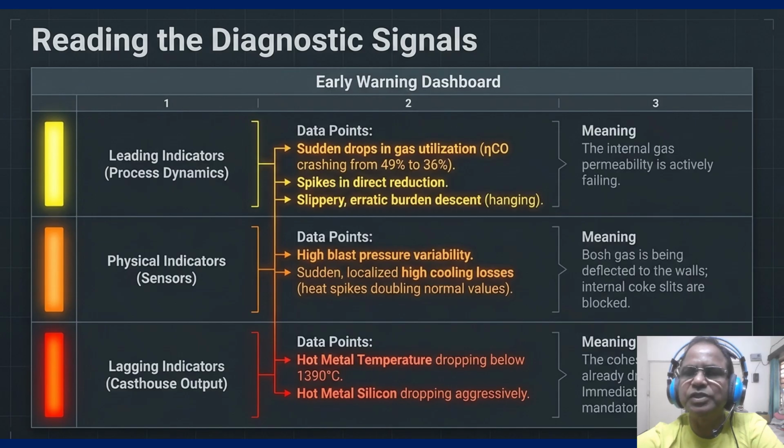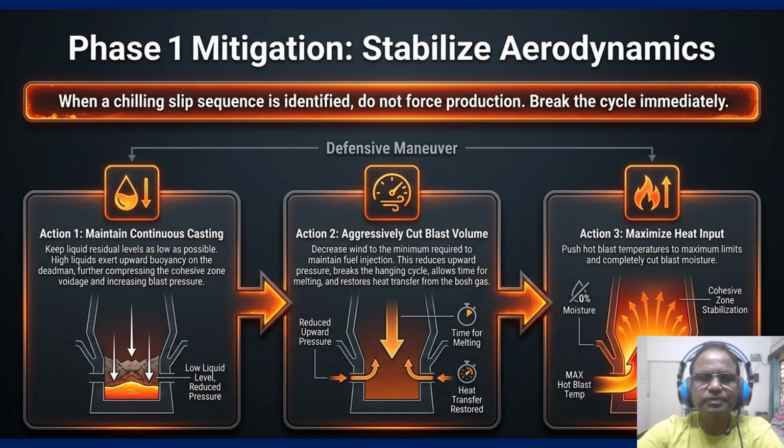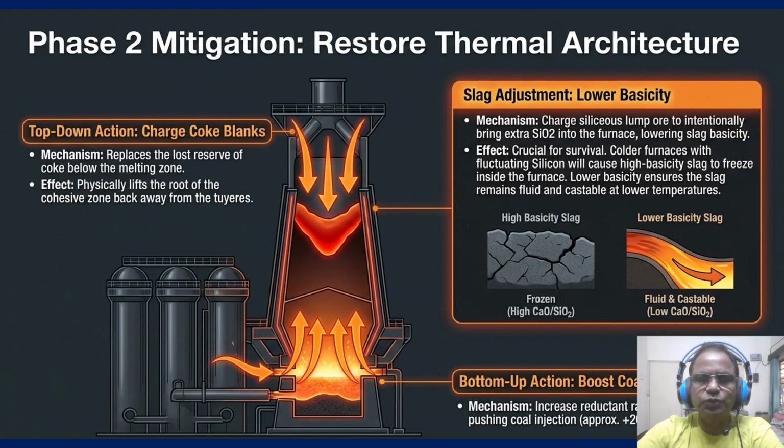Aerodynamic stability is only the first step. We must also physically restore the furnace thermal architecture. And this is all about phase number 2. As we have already discussed phase 1, now coming to phase 2, which is on restoring this thermal architecture. So once the wind is cut, we move to phase 2, rebuilding the thermal reserve